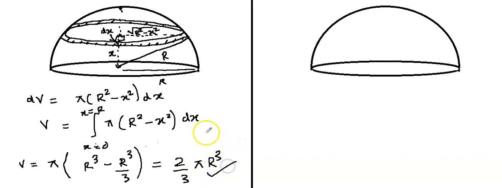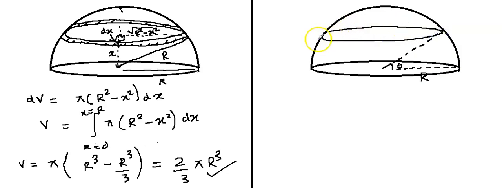So this is correct. This is what we have heard from probably class 7 or so. But let's try to do it another way and see if we get the same answer. Again, we use the same analogy. We'll be considering several disks stacked one on top of the other. So let's consider one of those disks at an angle theta from the horizontal. Let me draw the disk again. So we have the elemental disk.